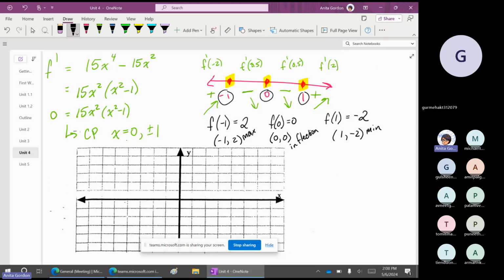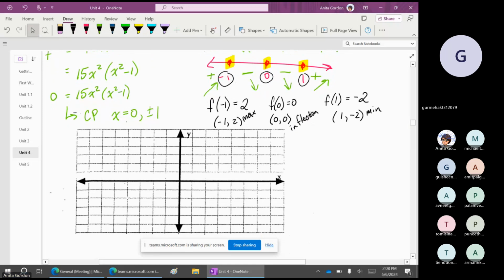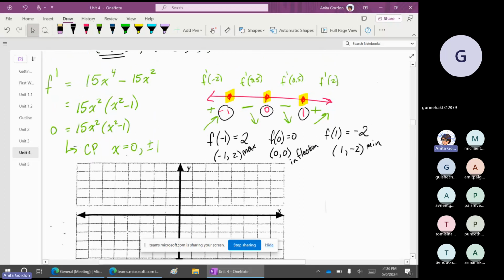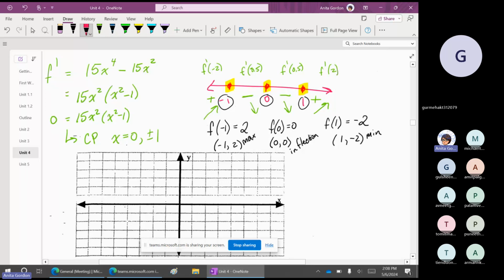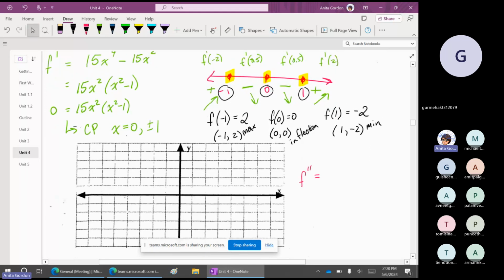Okay, next thing we want to do is take our critical points and throw them into F double prime to see where is the change of direction as we come down through the max and mins. What color did I do double prime on the last page? I think it was pink. Okay, F double prime is going to equal